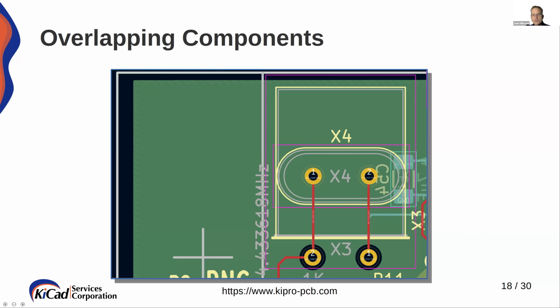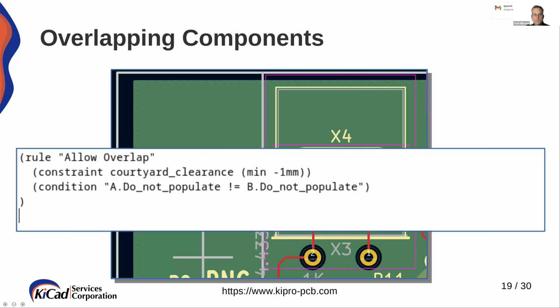But we want to tell the DRC that in this case, this is actually okay, because you want to fabricate a board that you can make a field choice later with, to swap which oscillator you choose for your design. It's easy to do with a custom rule. Very simple: allow overlap. You set the minimum courtyard clearance to a negative value. It can be any negative value, but say -1 millimeters. That says that